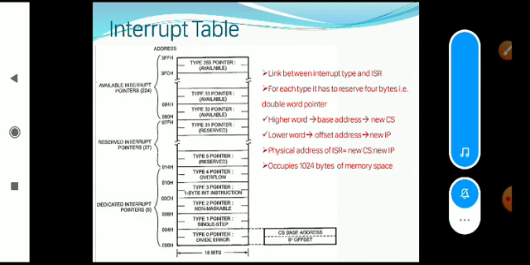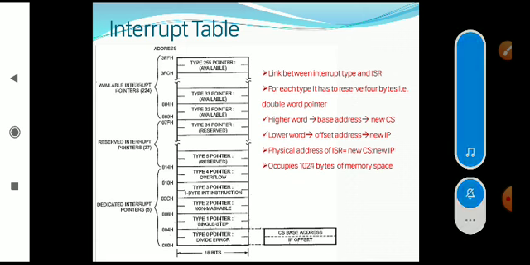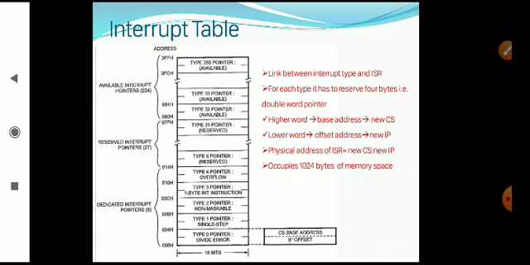Basically, it is a non-vectored interrupt. That's why the processor requires the help of some external controller to find out the location for such kinds of interrupts. These controllers are nothing but the programmable interrupt controller.